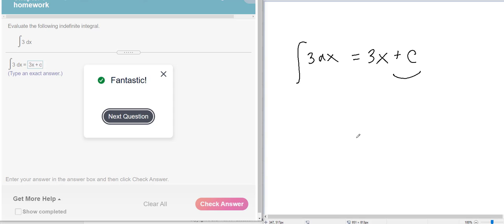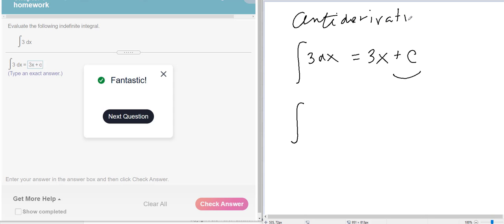Now, that gives you the first rule. If you have the antiderivative or the integral, okay, this is called the antiderivative, opposite of derivative, basically. It's also called an integral, and that's an integral symbol of a constant with respect to x. It's going to be kx plus c. So that's your first property. Any constant is just going to have a variable to the first power. And then, of course, we always have to add the plus c to stand for if there had been a